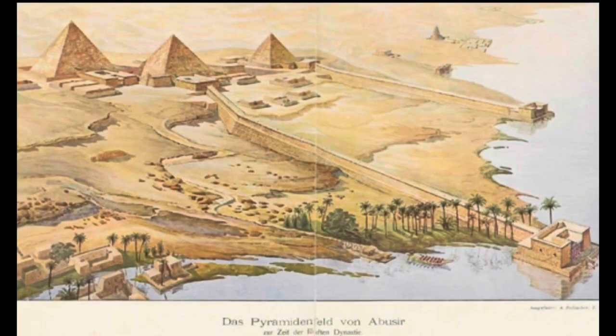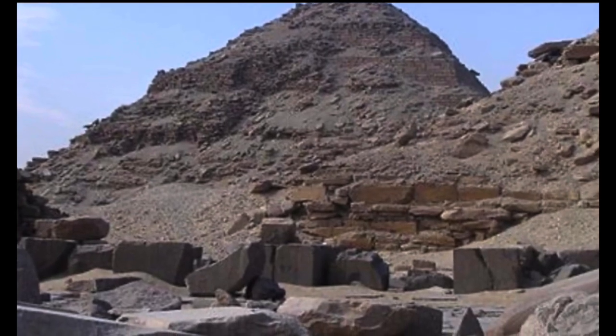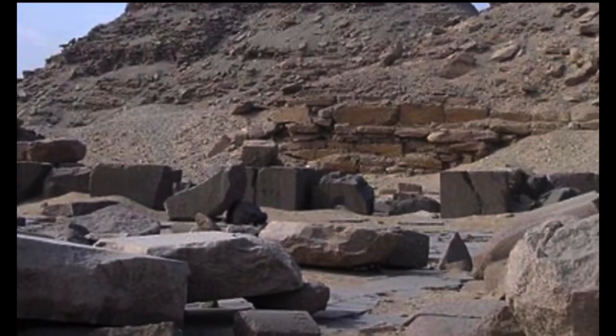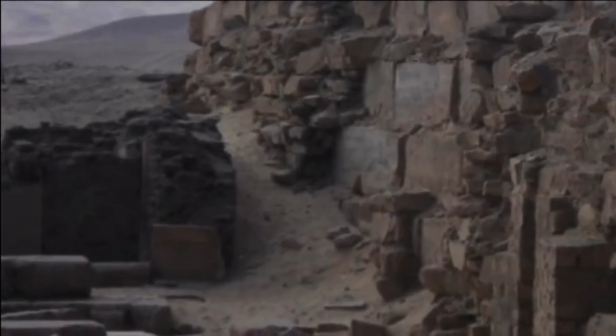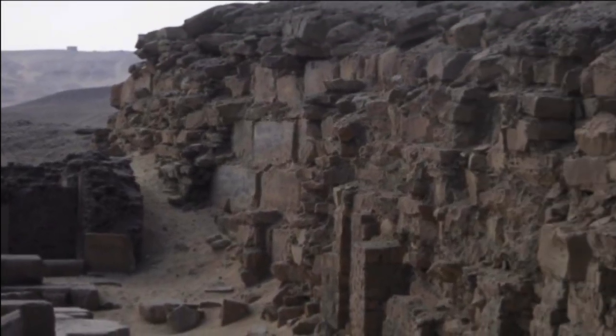It was part of a rather large pyramid complex at Abu Sir. Here's an artist's rendition of how it might have looked when there was water around Abu Sir. Apparently this is one pyramid that won't be explored again because of the amount of damage that's been done to the interior and the exterior of the pyramid. And moving on, the next pyramid on our list is the not-so-pyramid-like pyramid of Nefer-Efre,